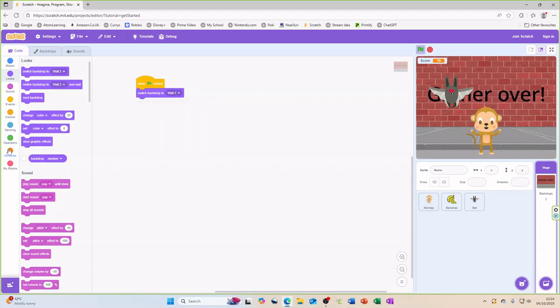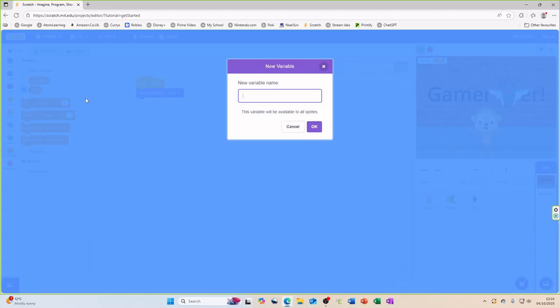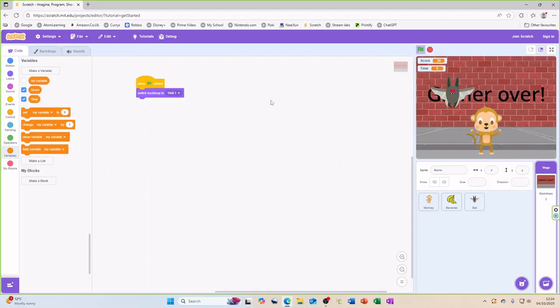We're actually going to add a new variable, so it's going to be called time, and this variable has to be available for all sprites. I'm going to go to set my variable to 0, change it to time and 0, well 30 actually, because it doesn't count up, it's not like score. And then you need to go to repeat until,